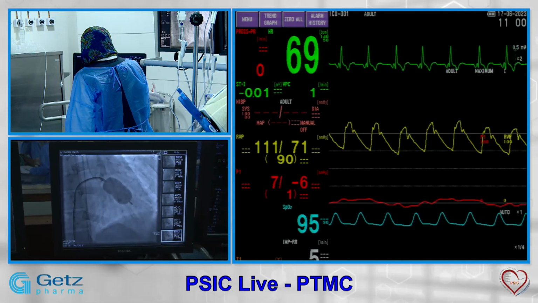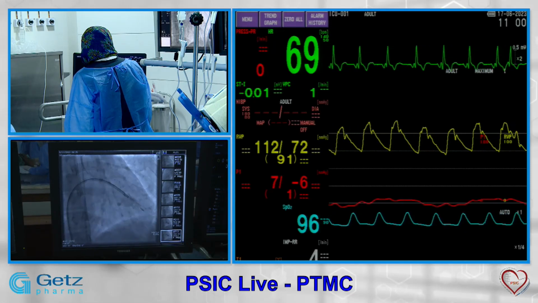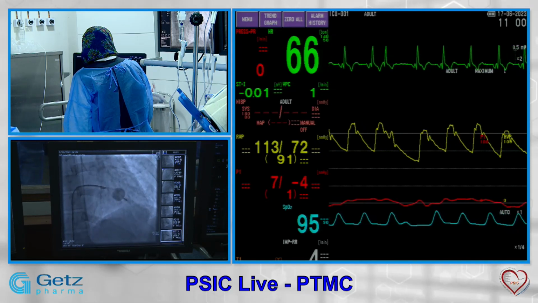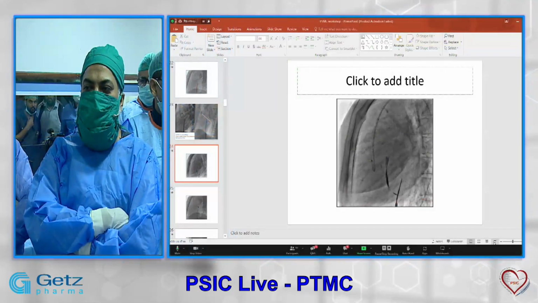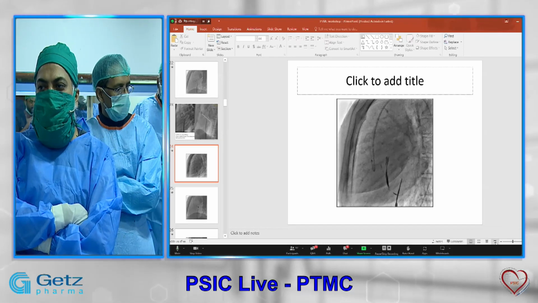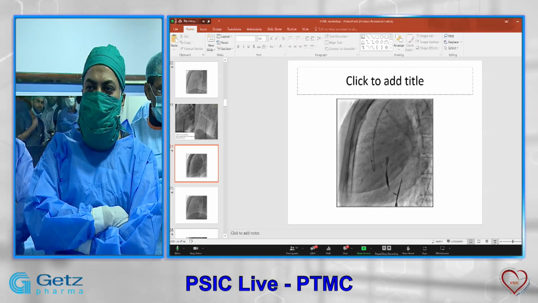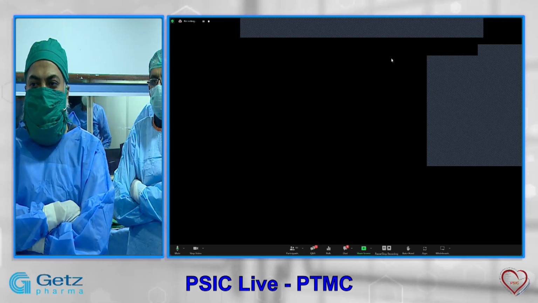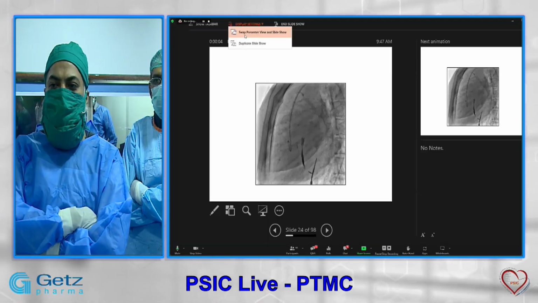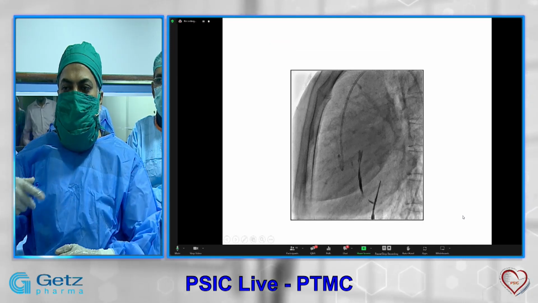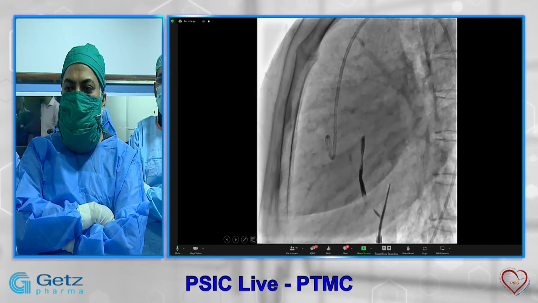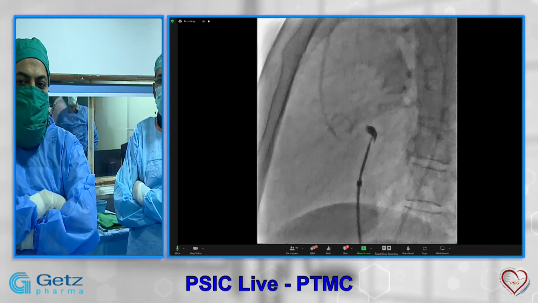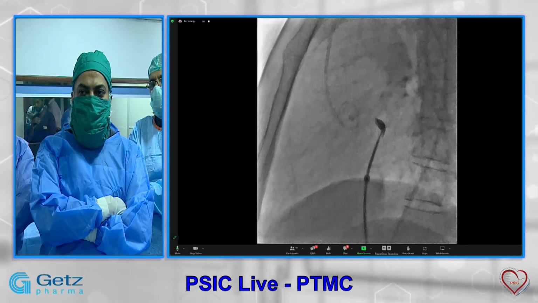This complication part is an important one. We need to understand that the usual saying about complications is that if you have not had enough complications, you have not done enough cases. So it's not important that you don't have complications, but the important thing is how to manage them, and you need to be prepared for them. Next slide, please, and just go to the next. So these are the things which we have already discussed during the procedure. Next, please. Next.